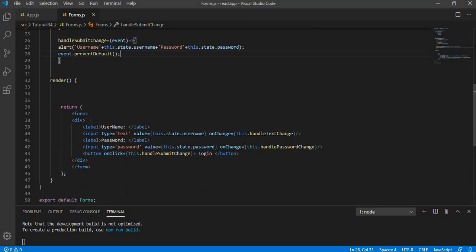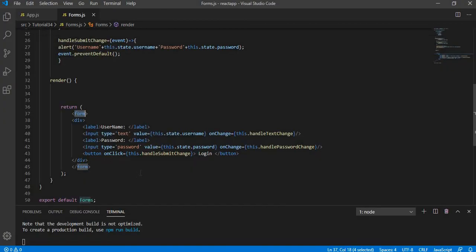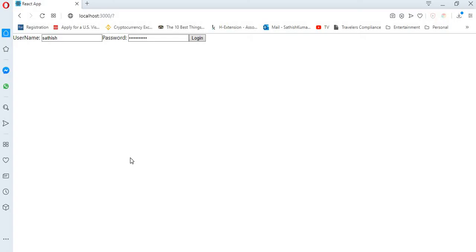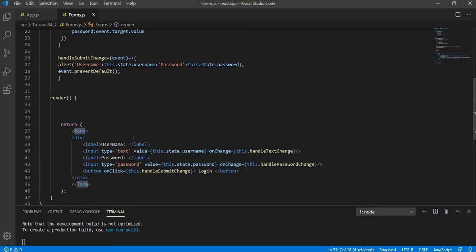And as mentioned, we are now actively using forms, and the submit button is one of the form elements. Username and password are form elements. They should be enclosed within the form tag, and whatever the contents, they should be present over here. So that's it from this tutorial. I just wanted to explain the most important things that developers or any freshers in React.js would run into, and hence I've created a separate tutorial over here.